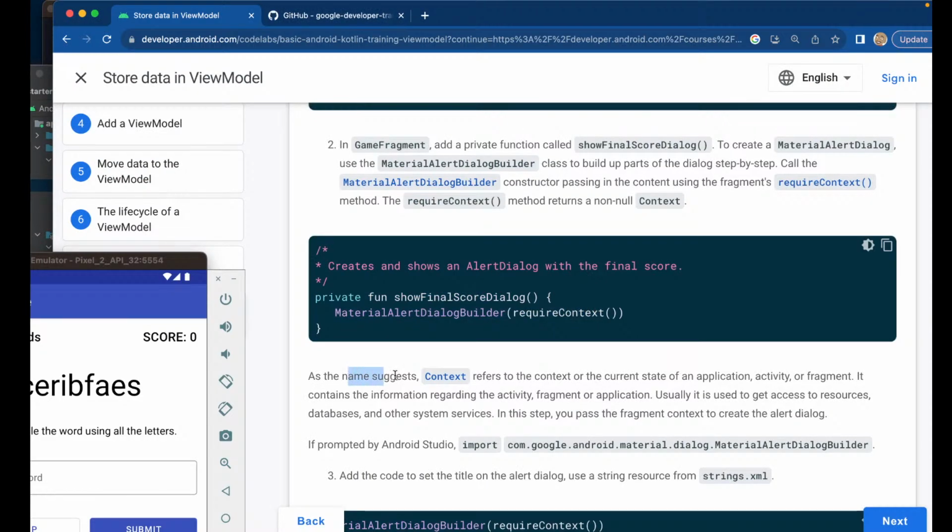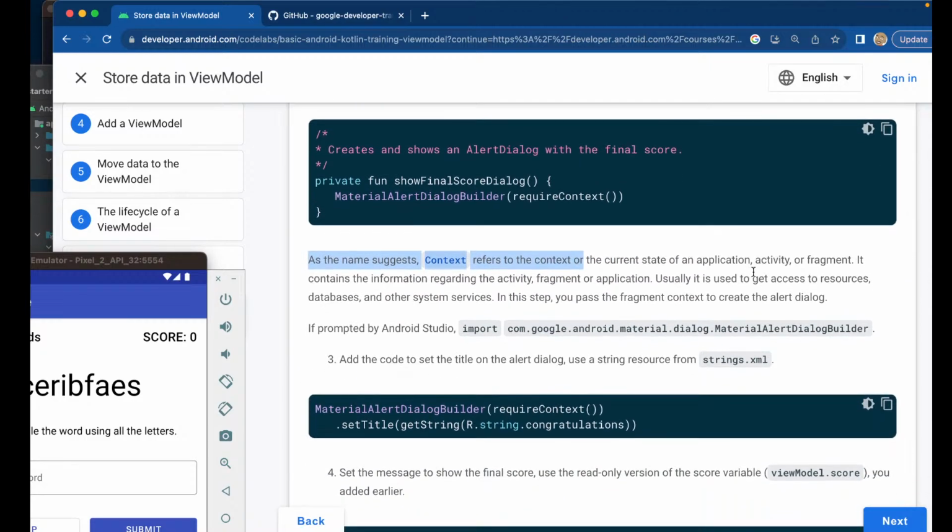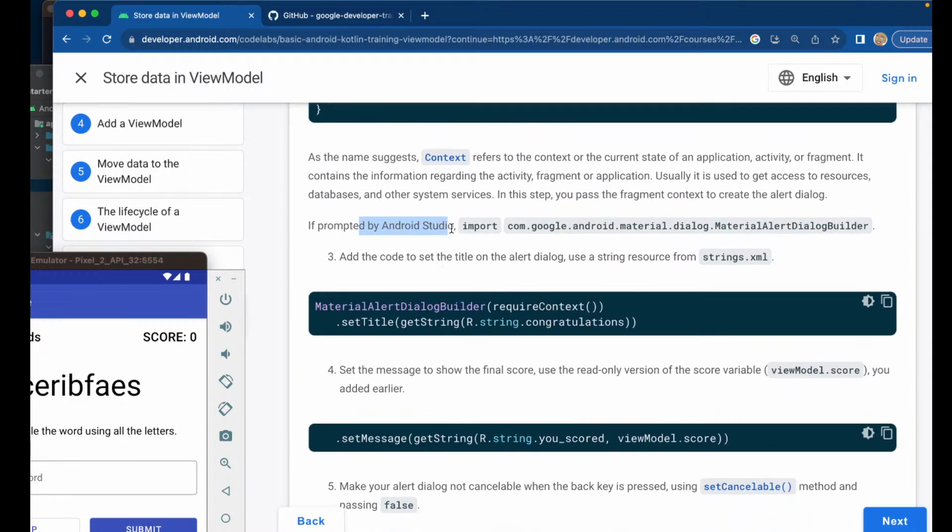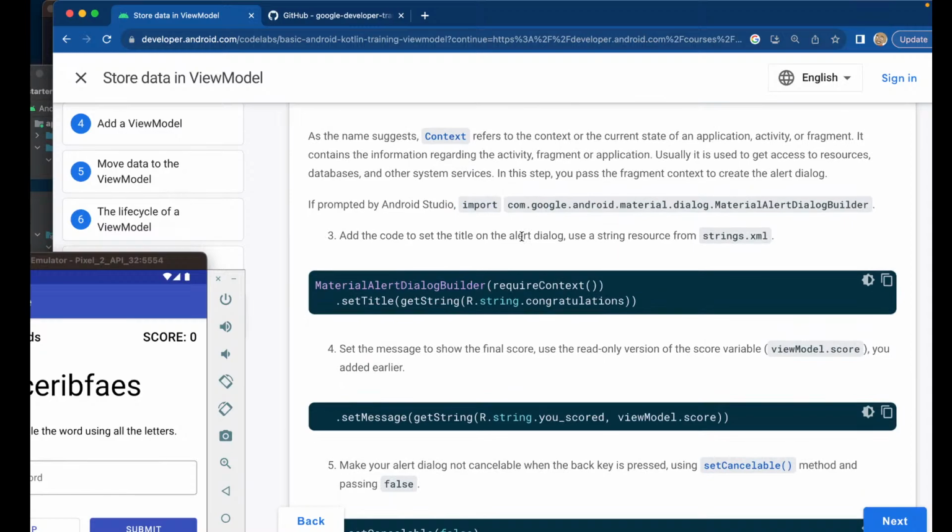As the name suggests, context refers to the context or the current state of an application, activity, or fragment. It contains the information regarding the activity, fragment, or application. Usually it is used to get access to resources, databases, and other system services. In this step, you pass the fragment context to create the alert dialog. If prompted by Android Studio, import this, and then add the code to set the title on the alert dialog. Use a string resource from the